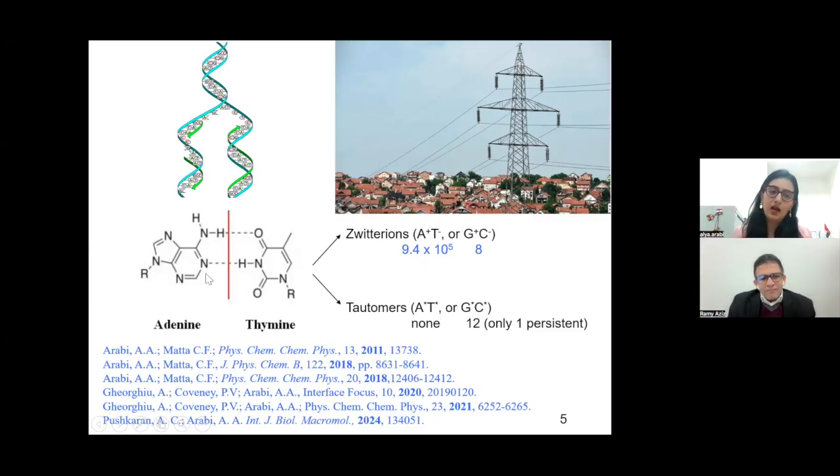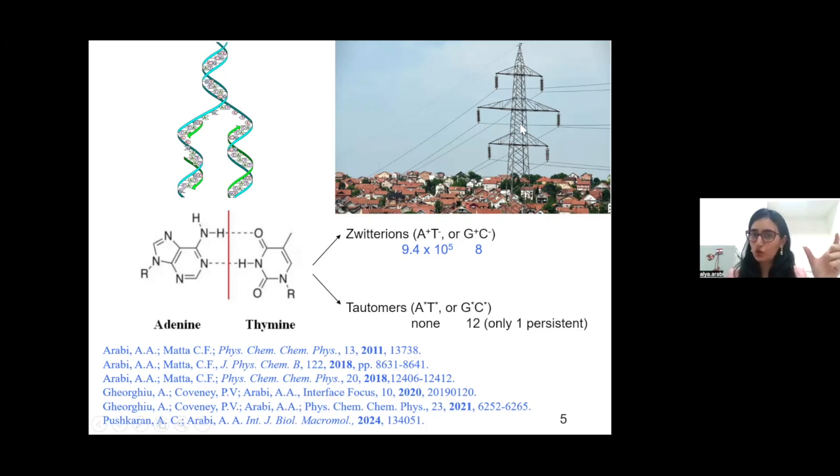So what we did in our studies here is we quantified using thermodynamics and kinetics. In other words, we were looking at the stability of the molecules and how fast the reactions were happening. We could quantify, after a certain amount of time of exposure to such strong electric fields, how many of each of these Zwitter ions or tautomers are being formed and for how long they can live, to conclude as to how much these towers can cause cancer. Long story short is they can have probabilities, although the probabilities are not as exaggerated as media can talk about.